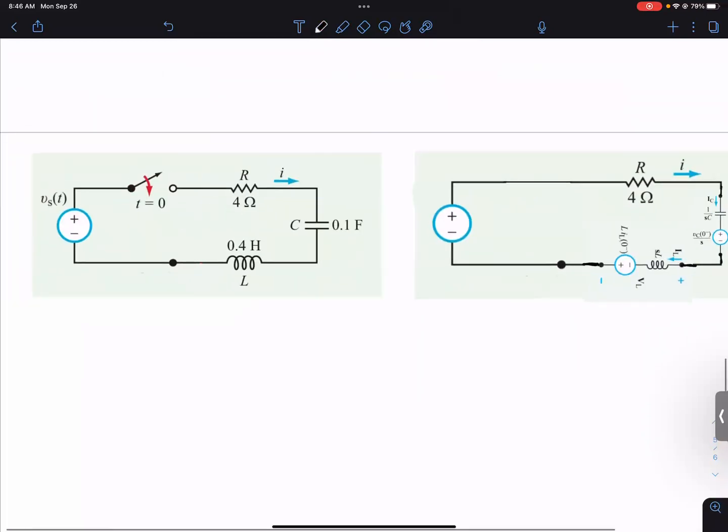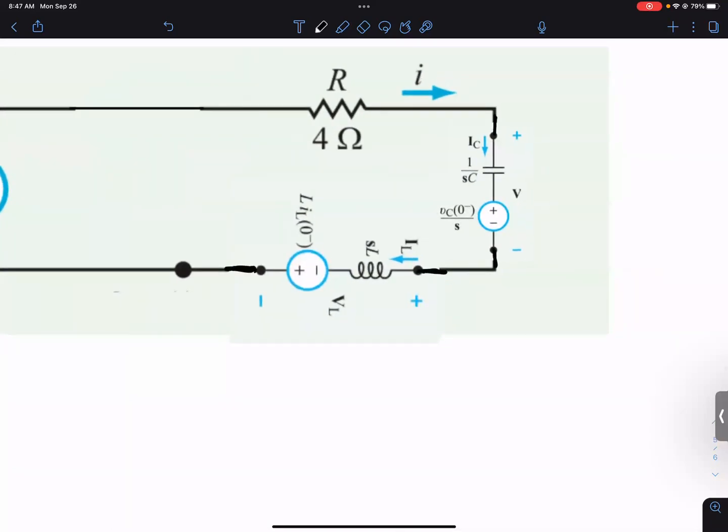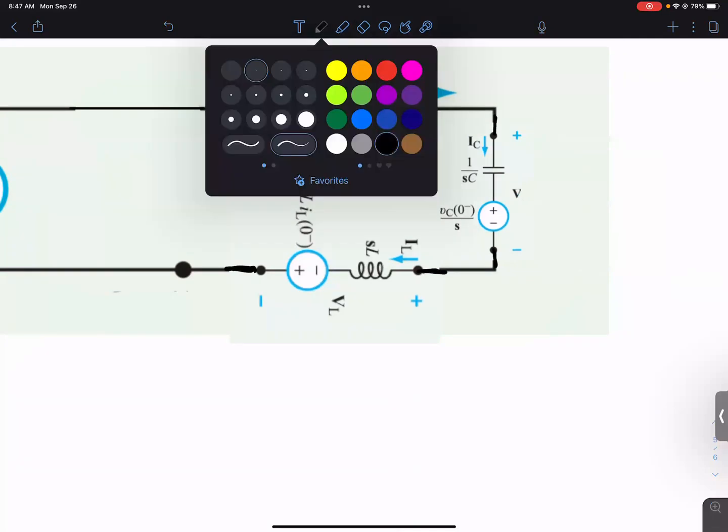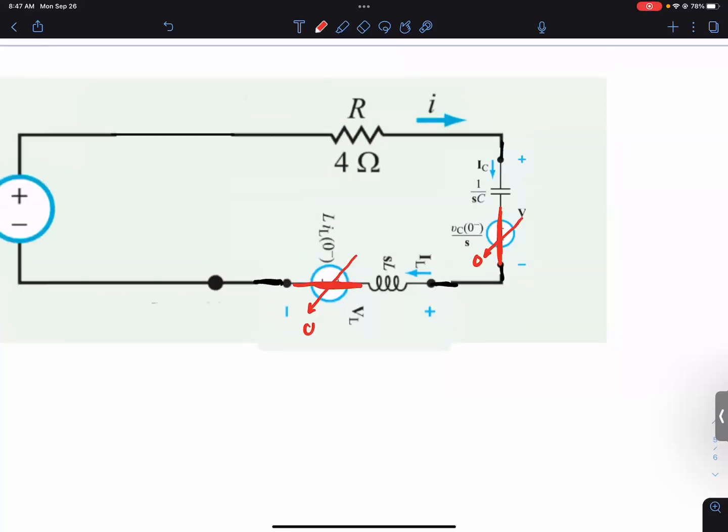So the initial value again goes back to the same circuit, which we already solved for these. So we know in this case that VC of 0 is 0 and IL of 0 is 0. So that makes this a little simpler model because these both go to 0, which if they're a voltage source, they're just a wire. So these are just going to be wires. And now we treat each of these like just a resistance, kind of impedance. So now as we go around and take the loop,